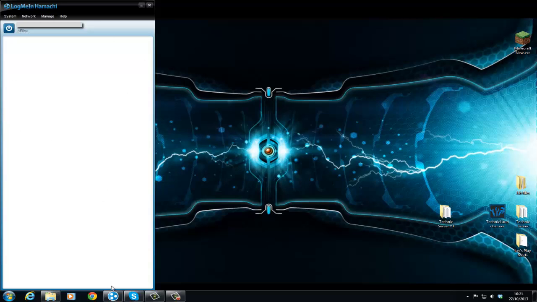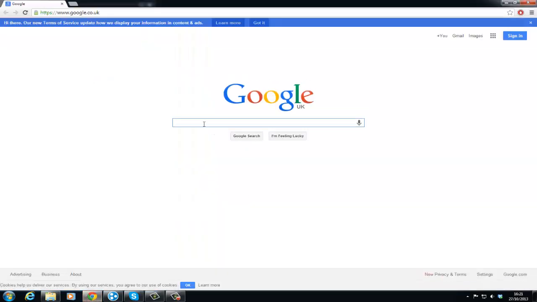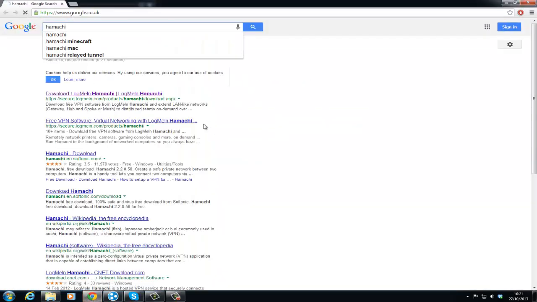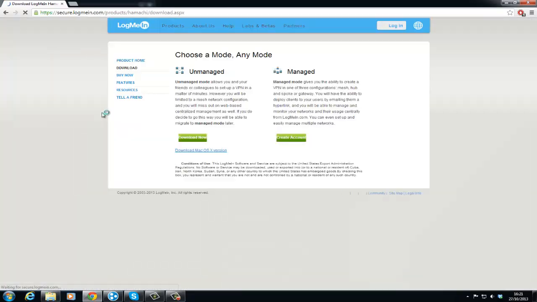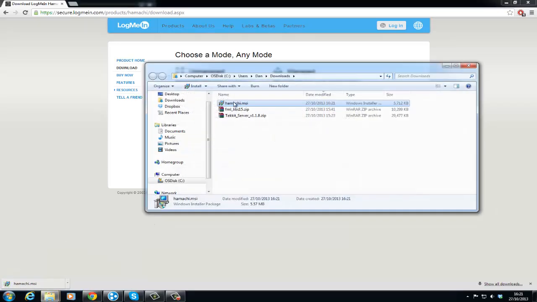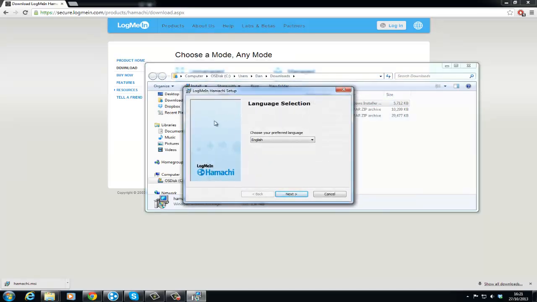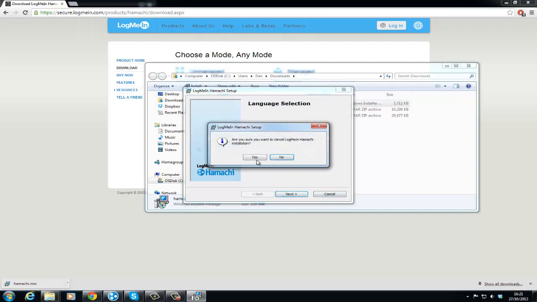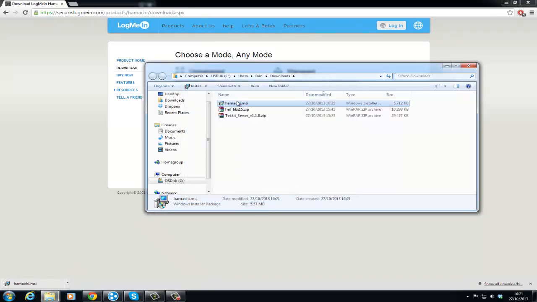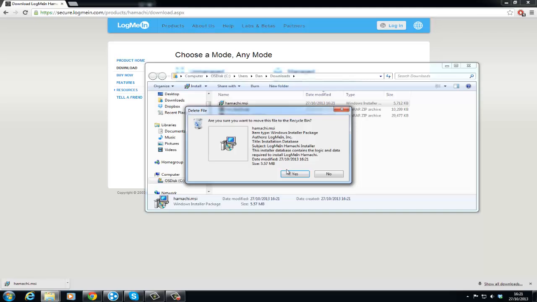As you can see, I've already got Hamachi downloaded, but to download Hamachi, you have to go to the Hamachi website, this first one here, and you want to tick conditions of use, click download now. It will start downloading an MSI file, and this is basically just a wizard, and it will go through the setup. I'm not going to do that now because I've already done that, but you want to go through the setup, and once that's downloaded,